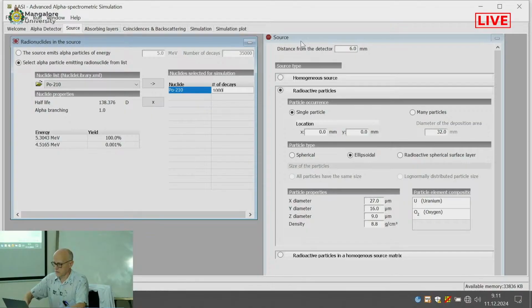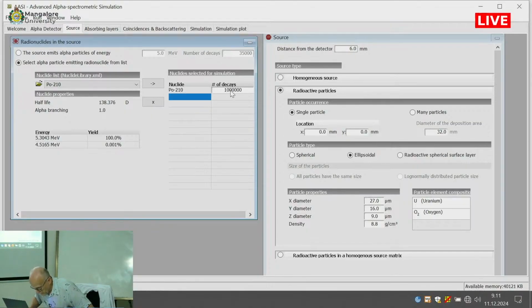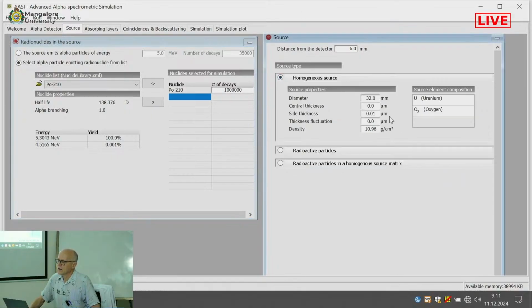Why is this so? Is that the decay per second, or is this the total number of decays? In this case, it's 1 million, per second or total for the total counting time. It depends on the counting time, of course, but this is the total number of emissions that this software uses. And now let's assume a homogeneous source with diameter of